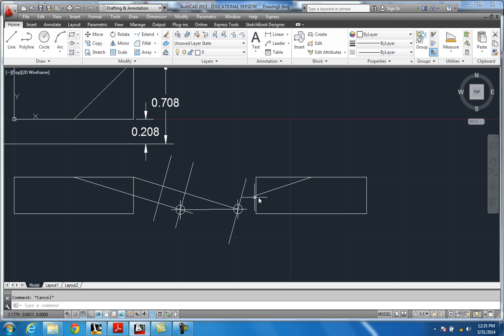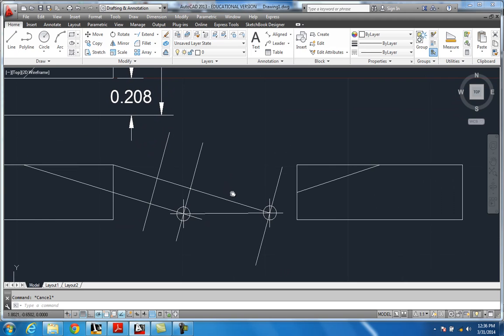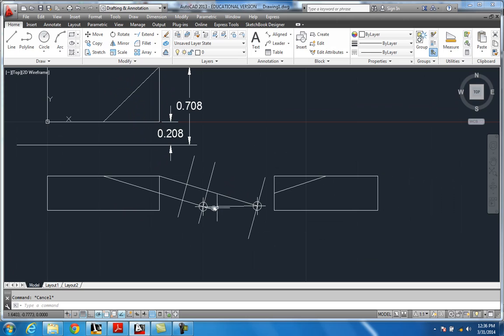And kind of crazy, if I come over here to this side, this line would be the true length of that line. Okay? That would be the true length of that line, so these should be the same size. And now I want to take this edge view, because I'm looking at this line,